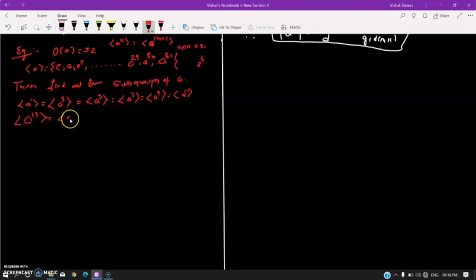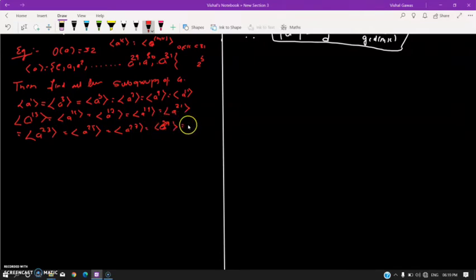This is same as A raised to 14, 15, yes. Same as A raised to 17. This is same as A raised to 19. This is same as A raised to 21. This is same as A raised to 23. Same as A raised to 25. Same as A raised to 27. Same as A raised to 29. Same as A raised to